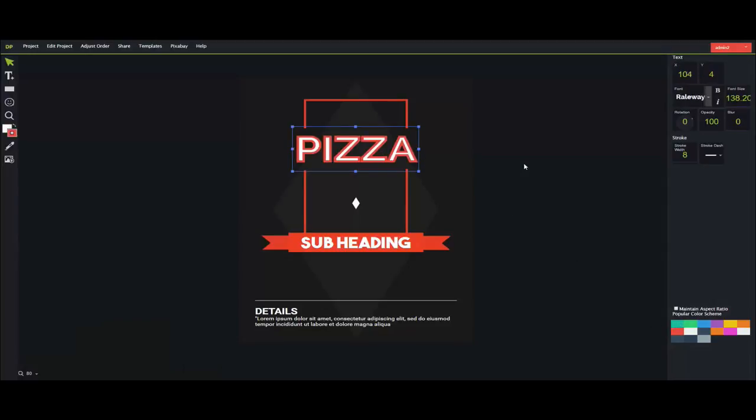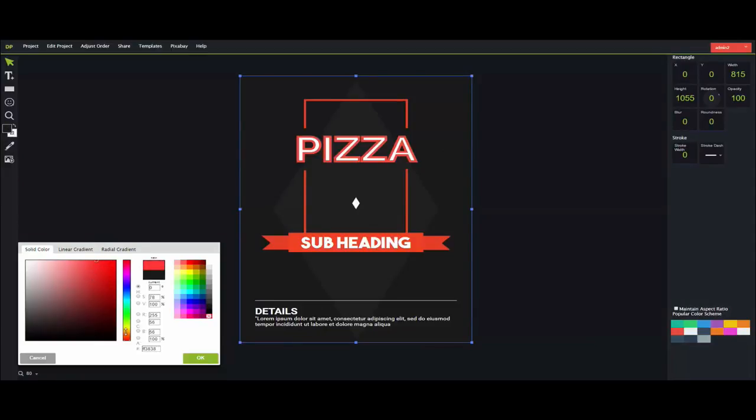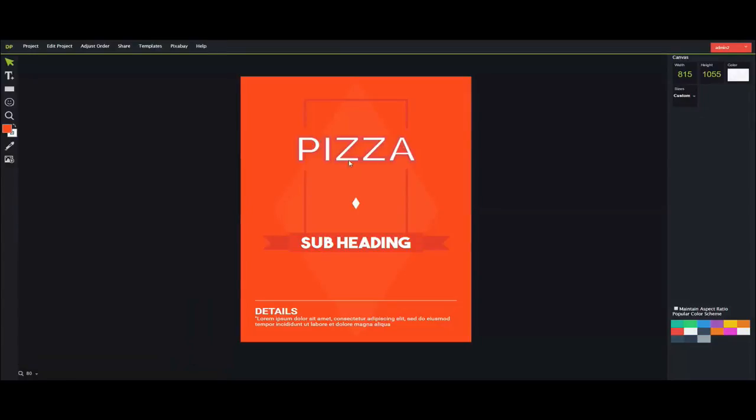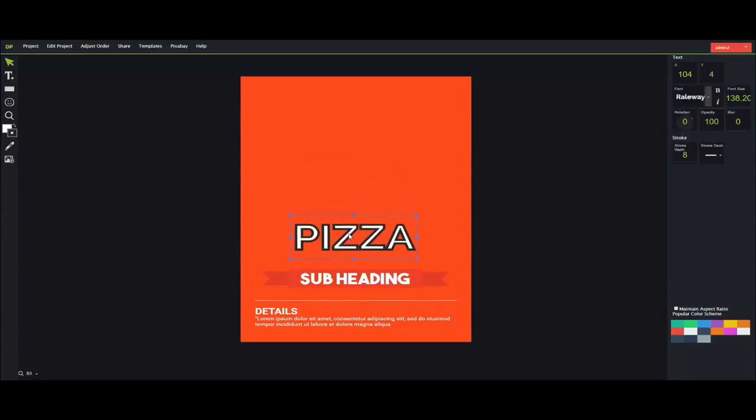Okay, text looks good. Let's change the background to something in the red tone. So I'm just going to change its color. Just click this color setting menu on the left and select something in the red shade. And definitely I would have to change the text outline to something darker for visibility, right? I'm just going to delete these objects here. Select these objects. It's a simple drag it down here and drag this text a bit lower as well.